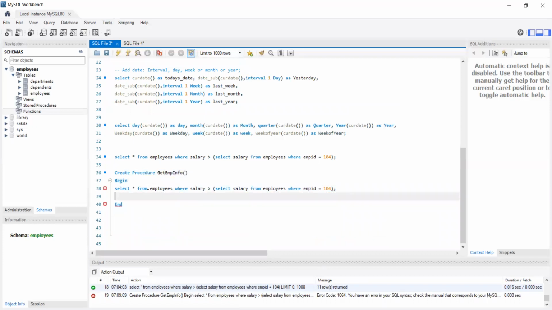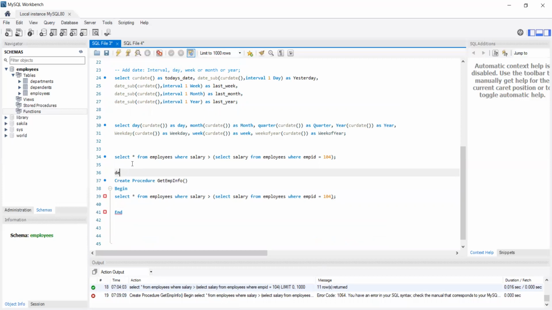For example, here, you have to use something called a delimiter. Delimiter $. You have to say that you are using delimiter semicolon here. So this delimiter will come here at the end. And then you are saying that the commands are separated by semicolon. Now when you run it,